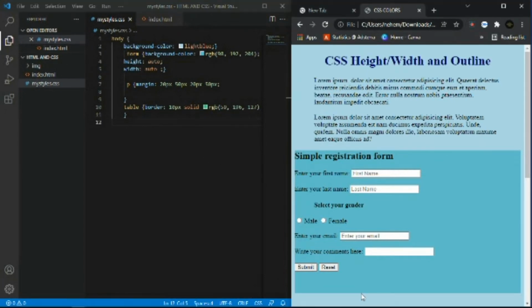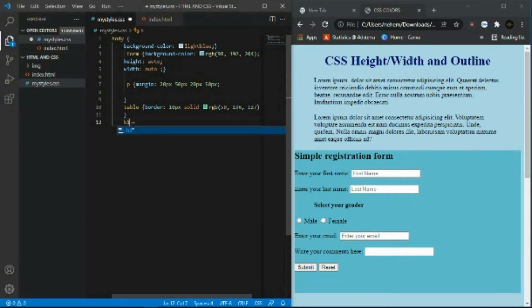So, for example, if we want to style this H1, this heading, we shall use the selector which is H1. H1 is the selector of this heading, the highest heading, and then you open and close these curly braces, and then here in between you write your property and value. So the first property is going to be height. For example, if you give it something like 200 pixel,